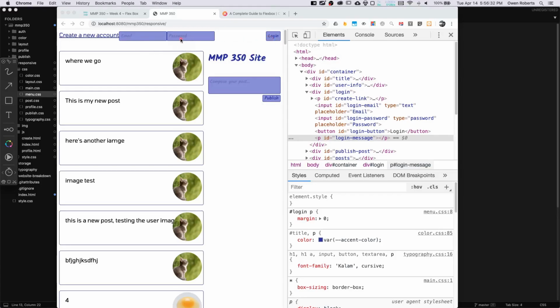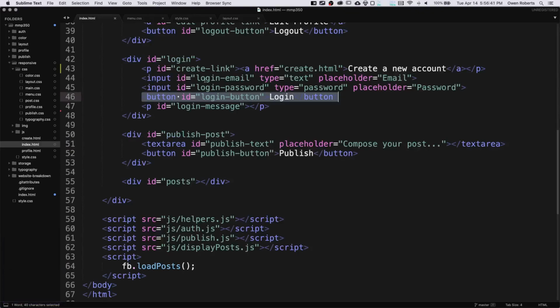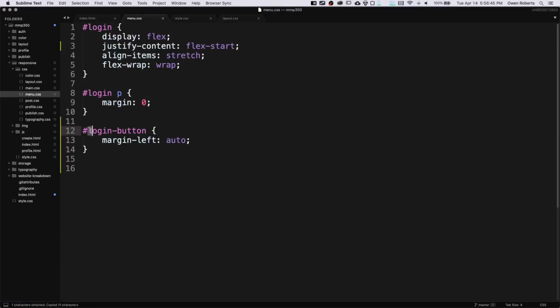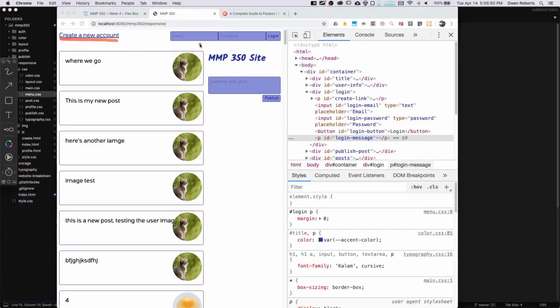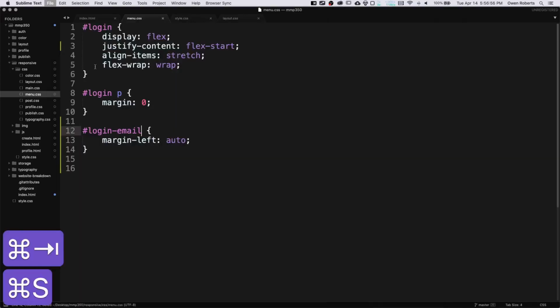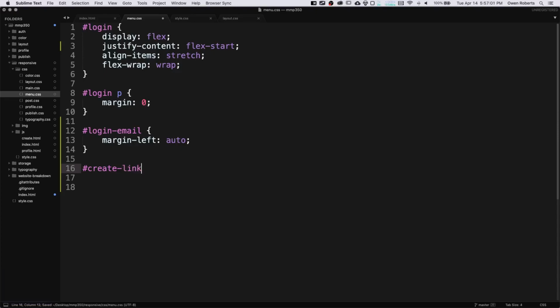But I can actually do that anywhere I want. So if I move that over here or even to here, then I'll move all of these items over here. So let's actually apply that to the email input instead, which is the login email. So that way we get our create new account text here, and then our login text here. And the create new account, this is also very large. I kind of want to make that smaller, and I'm going to take the create link,